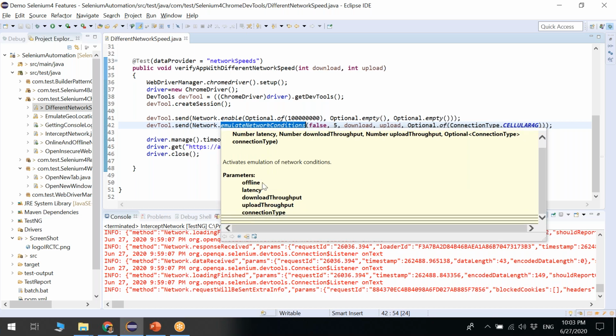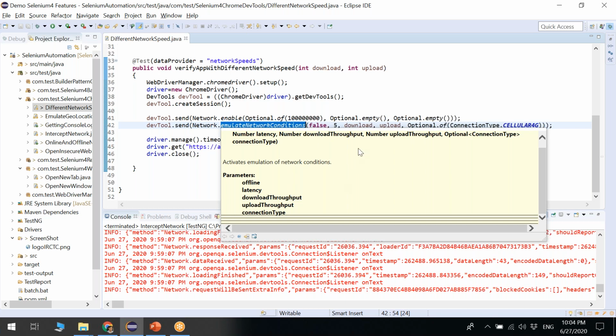What is the first parameter? Offline. If you pass false, then your portal will open. If you pass true, the web portal will not open; it will show that your connection is offline. Latency, I already told you, is in milliseconds. So I'm passing 5 milliseconds here. You can see a 5.